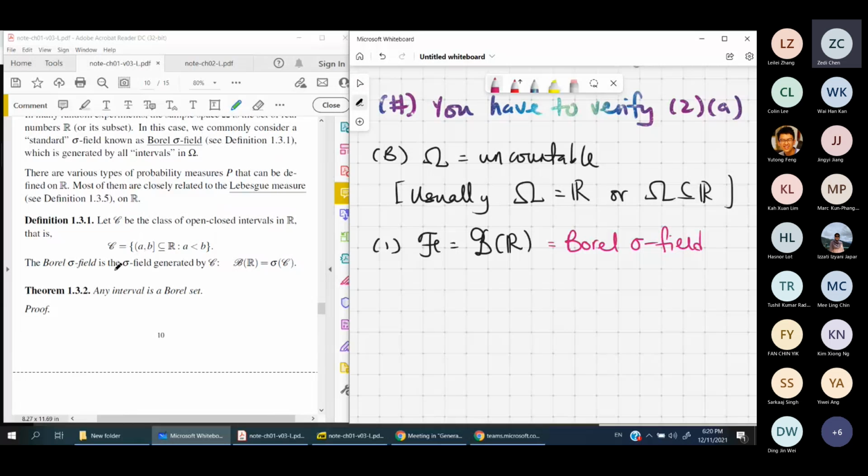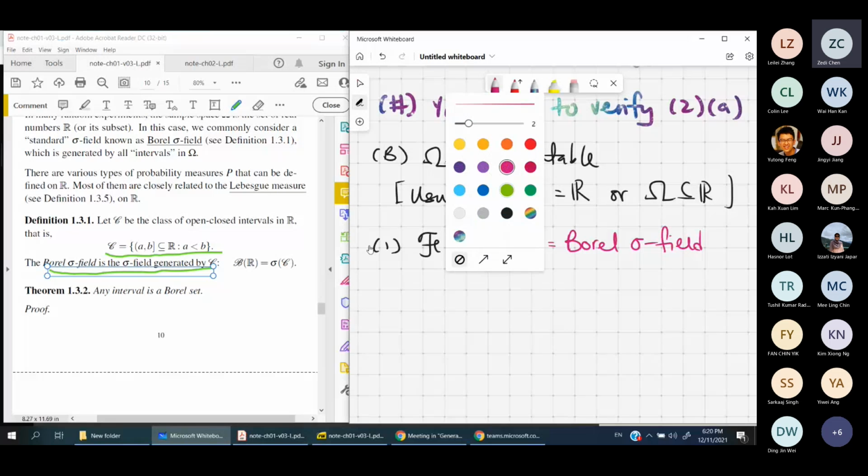This Borel sigma field is a sigma field generated by this class C, which is the class of all the open closed intervals (a, b] in R. Forget about all this, just put it this way. So in this case, you may always assume that an event